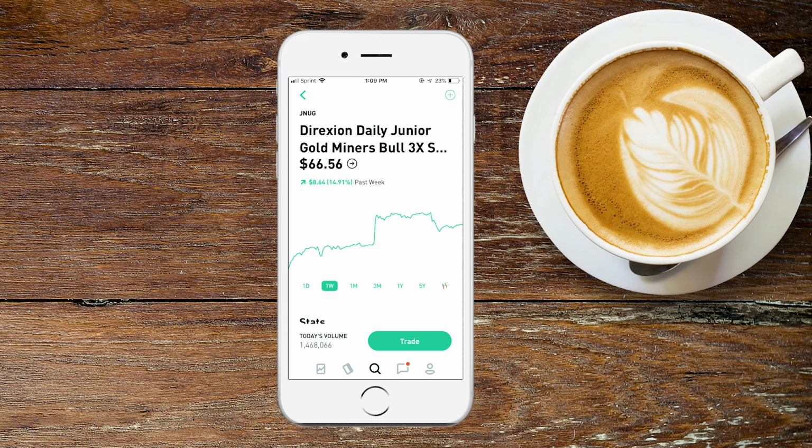On Robinhood, their charts are very hard to see. You can really just see the shape of the chart. You can't really get an idea of how much percentage it's gone up or down by. So right off the bat, the charts are far more professional